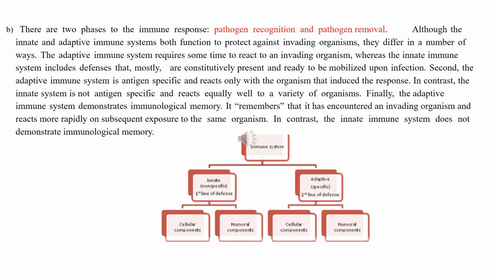Finally, the adaptive immune system demonstrates immunological memory. It remembers that it has encountered an invading organism and reacts more rapidly on subsequent exposure to the same pathogen. In contrast, the innate immune system does not demonstrate immunological memory. So, the role of the immune system is to recognize a foreign antigen that may be harmful to the body and to remove the invading